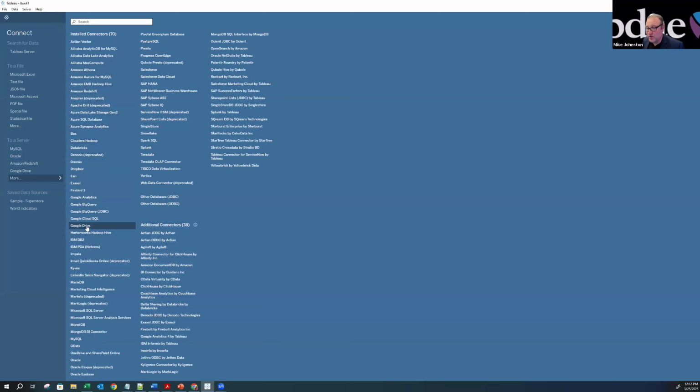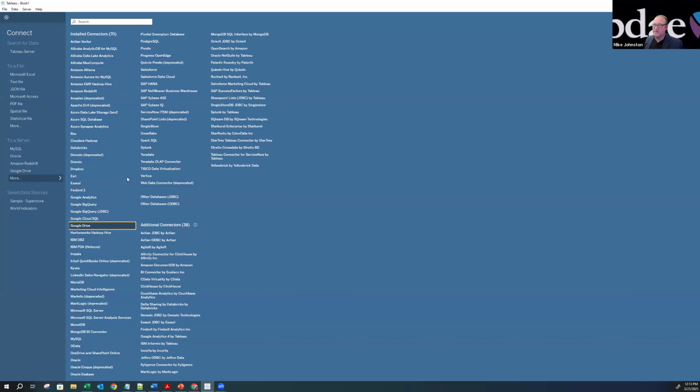This might be similar to your organization where you have access to OneDrive or SharePoint, which is common if you're a Microsoft organization. You might create one for yourself to use, and you could practice with it at your own leisure. The nice part is that these are all different ways to connect to different data, depending upon how your organization may store your data. So I'm going to connect to my Google Drive.